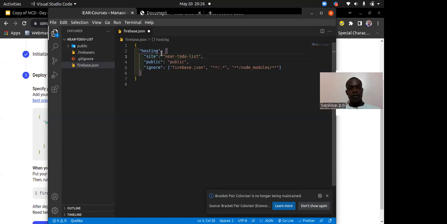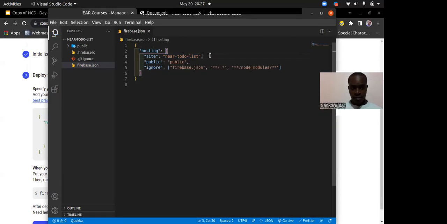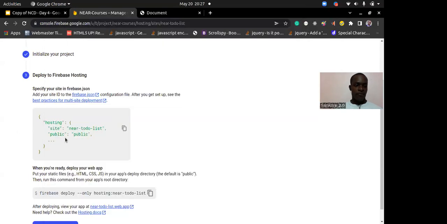The hosting information is hosting this particular site. It should host it at this particular project we just created, under the public folder or directory. So I'll just go ahead and save that configuration. Then if we head back,